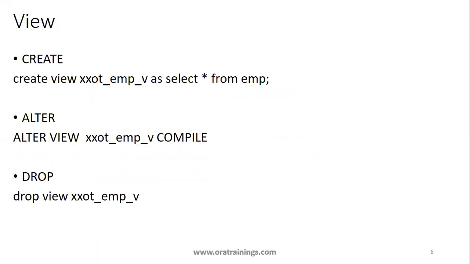Now coming to the next one, the view. What is the purpose of a view? Let us say your table has a large number of columns, and you don't want to expose all the columns to the end user or maybe a third party. You want to create a view on it so that they can see only the columns they are intended to. What is the syntax? Create view followed by your view name as select star from a particular table. You need to create a view on a particular query: create view followed by the view name as the appropriate query. So the view will get created.